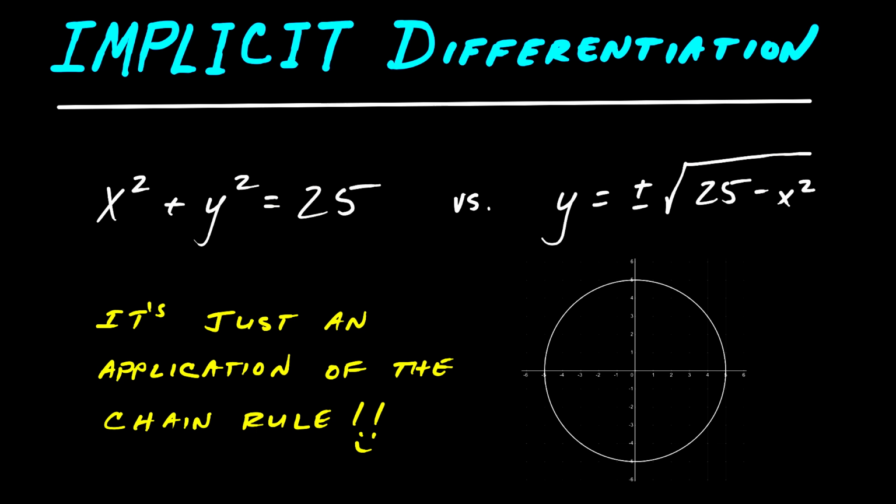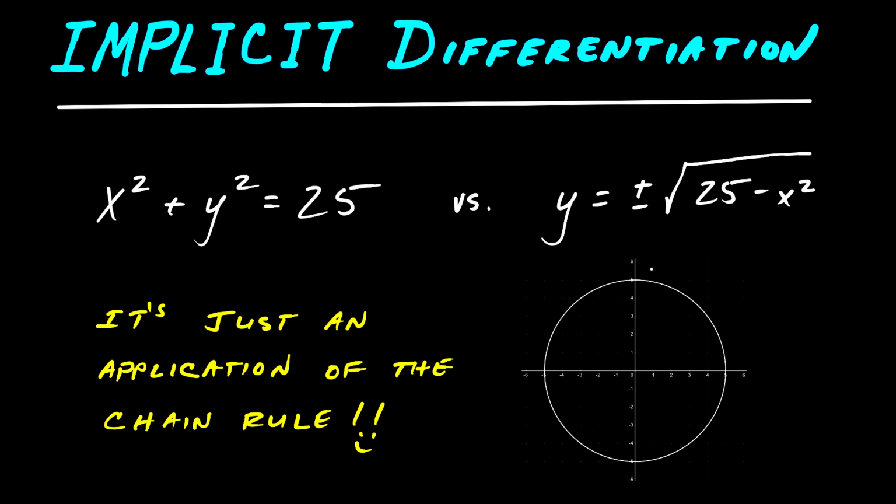In this video, we're going to take a look at implicit differentiation. Implicit differentiation is usually used when we have an implied function. So it's not necessarily a function, but we can look at one piece of it to satisfy a function. For example, x squared plus y squared equals 25 is a circle. If we solve for y, we'd have plus or minus, not a function, but we can always choose which half